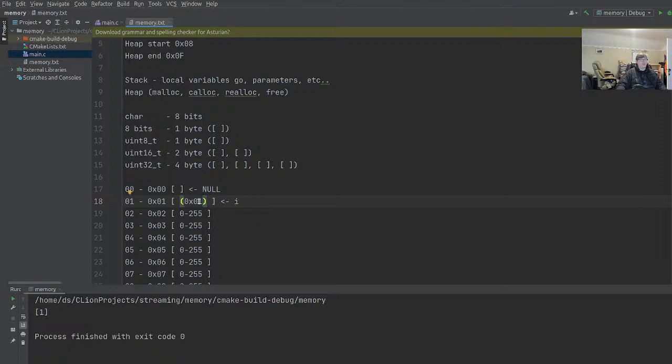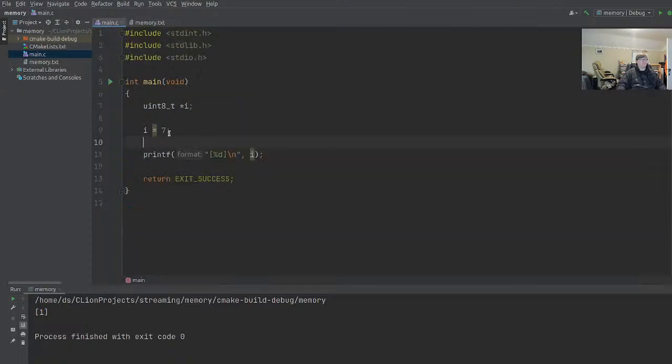What that means is, and we won't say it's pointing to 1, we'll say it's pointing to 2. What that means is that when you go to use this, we're actually going to be modifying what's in cell 2 here, because the memory location is 2. So it's a way of indirection, right? This is a pointer, it's pointing to some other piece of memory. Right? So if I say pointer I is assigned 7 now,